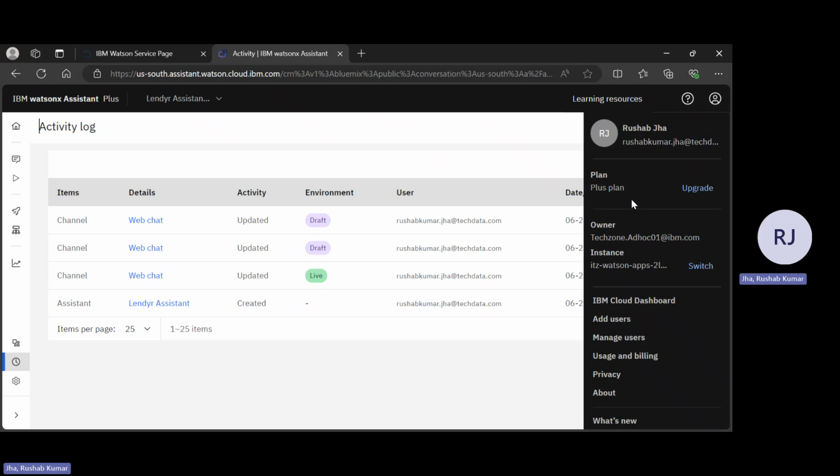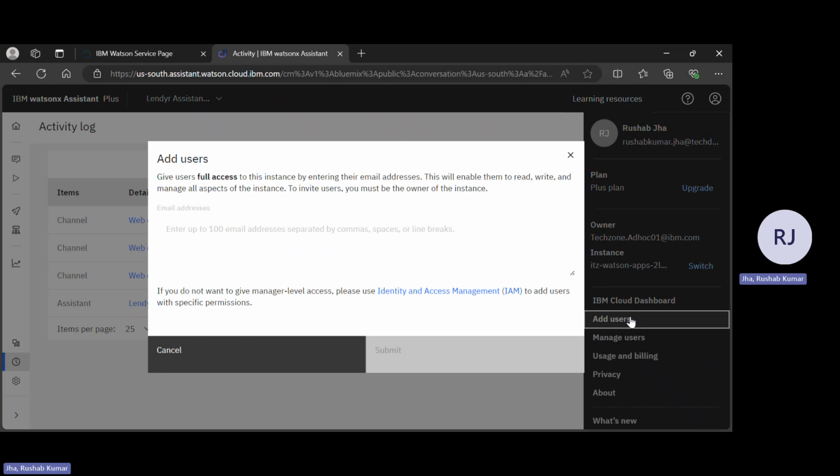team building activities or creating solutions with the help of teams, there's an option of add user. Let's say you are the administrator or the program manager in this case, and you want to add users who will be working on this project. Then you can easily click on add users. People of the same firm or the same company who have access to IBM Cloud can easily be sent a short request to join the activity. They'll be able to access this particular instance, and you can work in collaboration and do all these activities